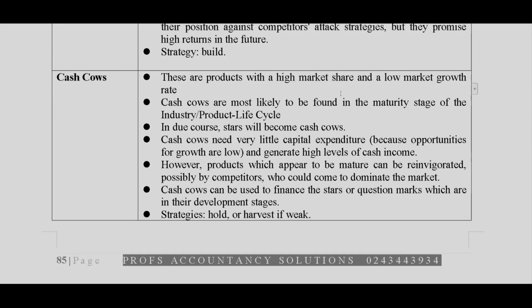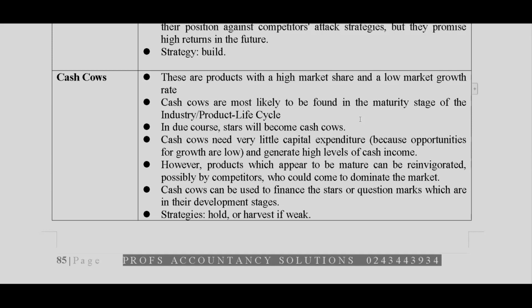Cash cows are most likely to be found in the maturity stage of the product life cycle, and in due course, stars will become cash cows. But to make them cash cows quickly, you have to invest in them. Cash cows mostly need very little capital expenditure because opportunities for growth are low, and they generate high levels